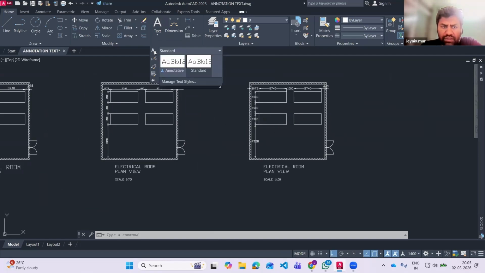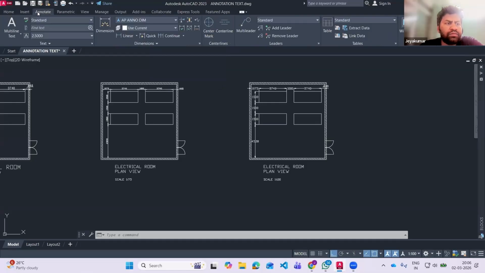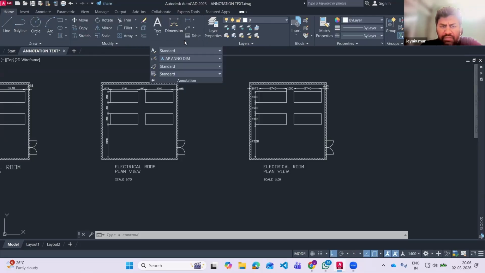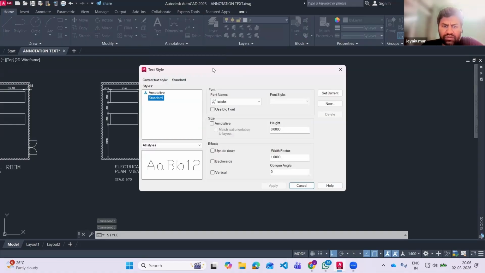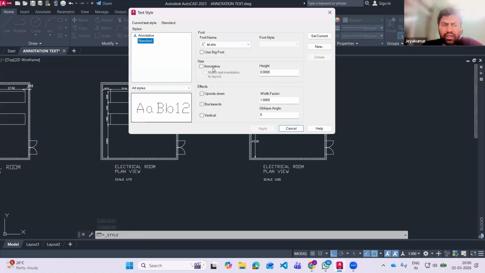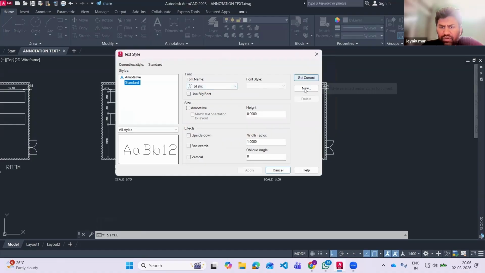Go to the text, the Home tab. So here also it is there, but let's go here, the Home tab. Click this Standard and Manage Styles. You give that Manage Styles, right? So here, let's create a new style